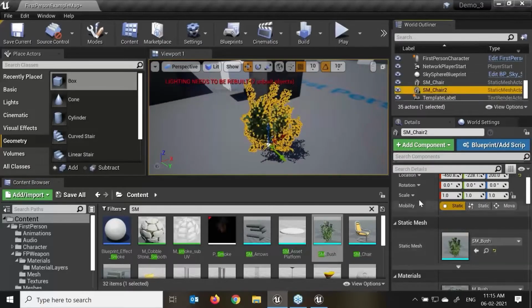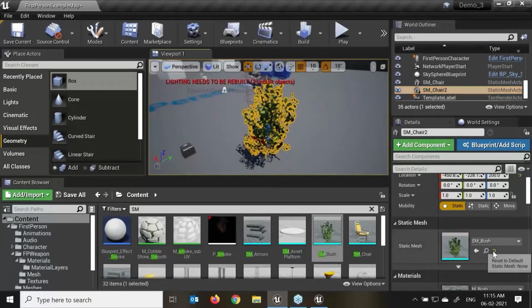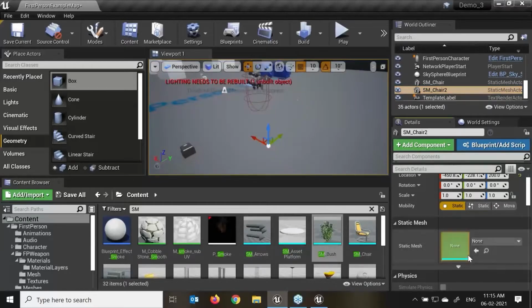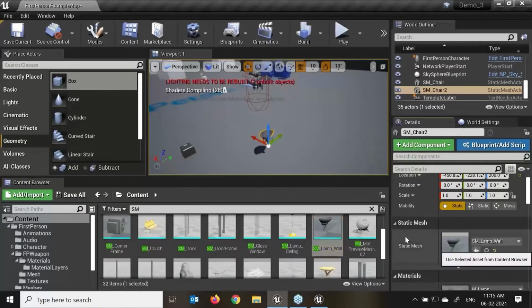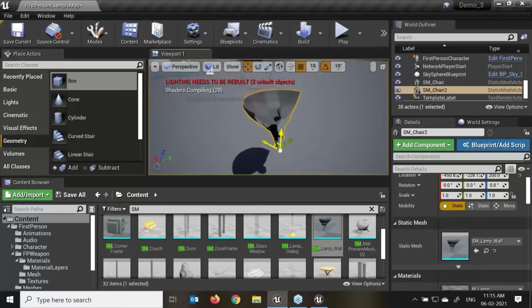See again, the move, rotation and scaling properties are the same, only my static mesh got changed over here, right? If I click, it will show me directions of what I want to do. Again, I'll select this table and click over here. Now this has become my static mesh over here. Select this and press F,